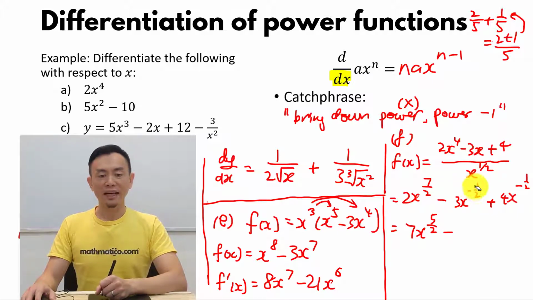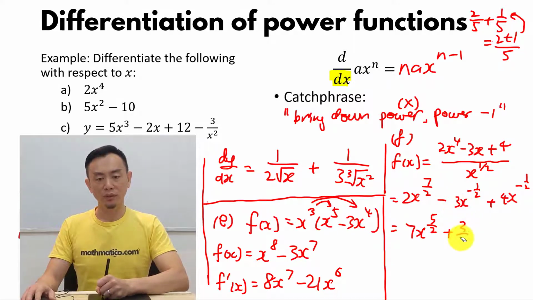Next, the negative half brings down, negative times negative is positive. Half times 3 is 3 over 2. x to the power of negative half minus 1 is negative 3 over 2. And then finally 4 times negative half is negative 2, x to the power of negative